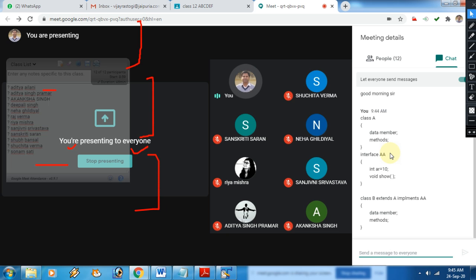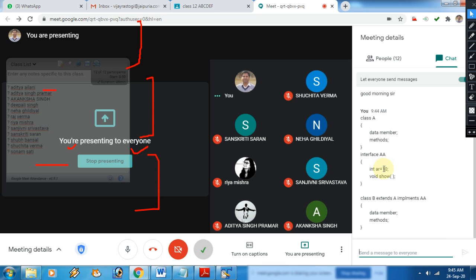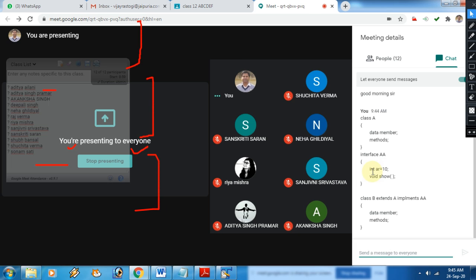Now again I am repeating, whenever you are declaring an interface, the method must be abstract, and how we will use that in a subclass, I will show you in the next class. And the variable whatever you are declaring with or without the final keyword, by default they are final. So if you want, you can use final also, that is optional. Okay, so there is no need to use final. And how we will use these variables as well as the abstract method in the subclass, I will show you in the next class, right?